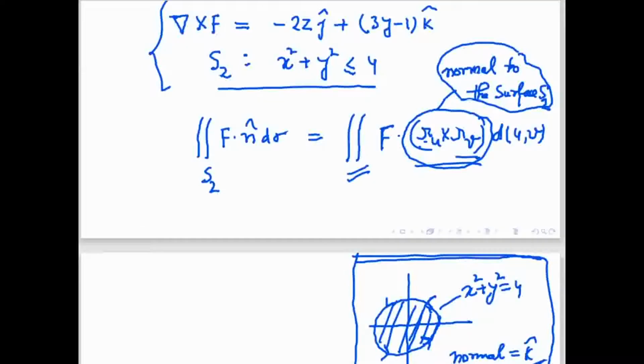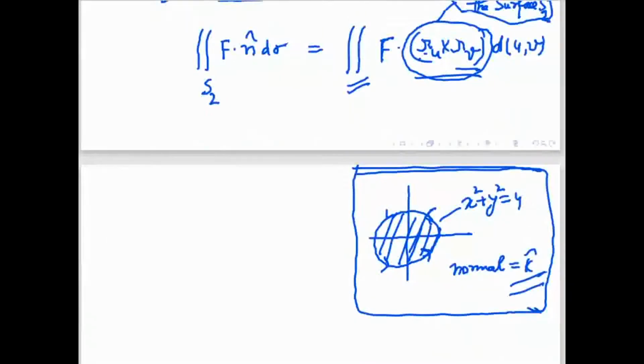And what is the value of z? Because it is a surface, two parameters are required, so r is not fixed here. If it is the boundary x square plus y square, r is from 0 to 2 and theta is definitely from 0 to 2 pi, and then it will cover this whole surface. Okay, so that will do anyway.